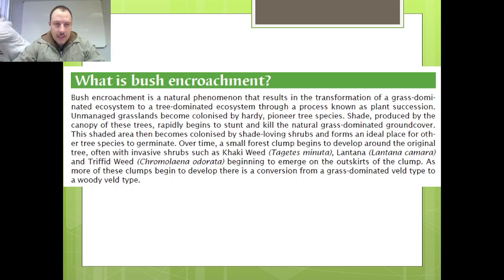Shade produced by the canopy of these trees rapidly begins to stunt and kill the natural grass-dominated ground cover. The shaded area then becomes colonized by shade-loving shrubs and forms an ideal place for other tree species to germinate. Over time, a small forest clump begins to develop, and we have to take note, as we go through this,